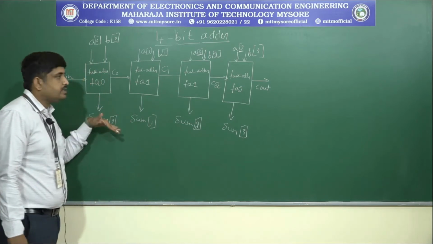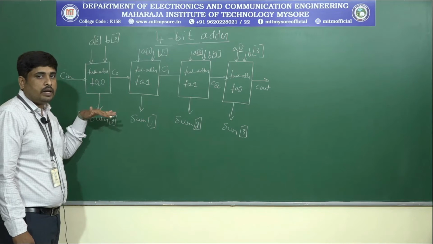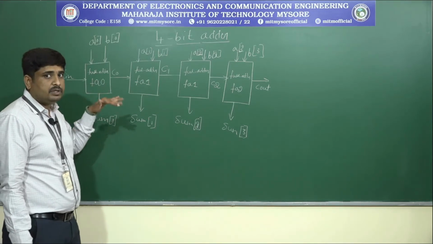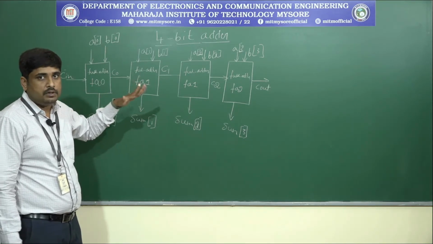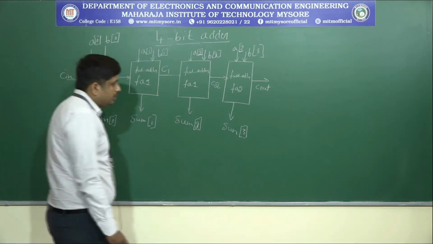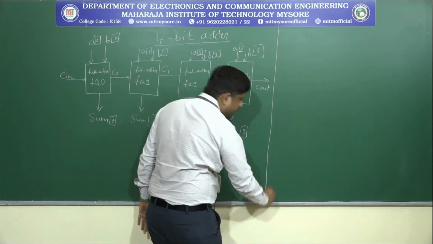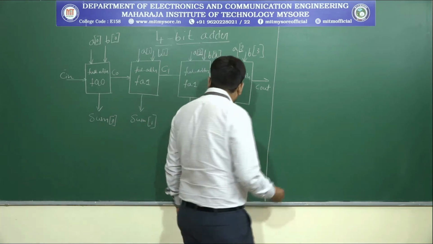Based on this diagram we have to write a gate level description code. Without a diagram we can't write a gate level description, so a diagram is required for a gate level description. We know the programming structure of gate level description, which we already discussed in the previous class. So let us go one by one.